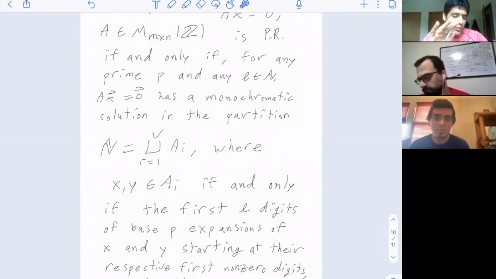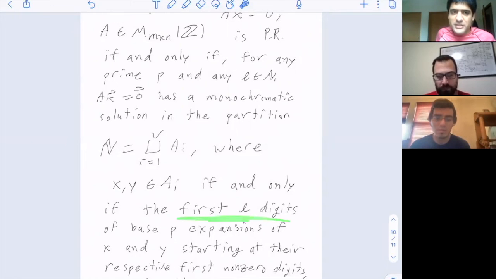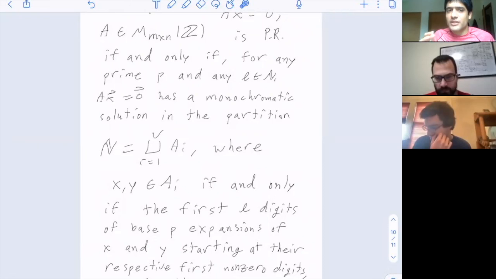And actually, I should warn you guys here. I use different terminology than what is used in the triple paper. Whenever I think about the first L digits of the base P expansion, I'm thinking about the smallest non-zero digit. And I got confused the first time I was reading their paper, because when they say the first digit in the base P expansion, I believe they were referring to the biggest digit. So there is a little discrepancy to be careful about in case you decide to go read their paper.